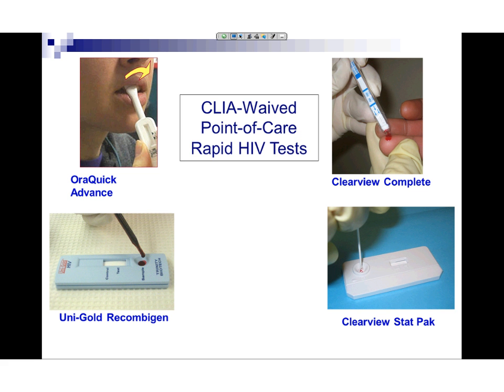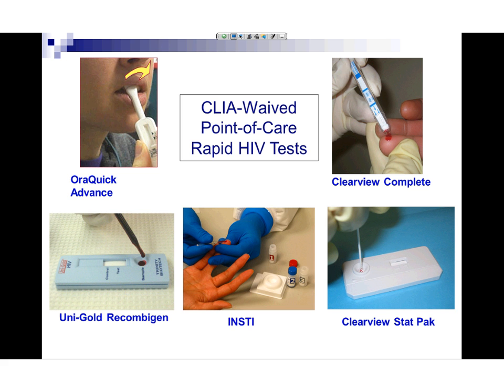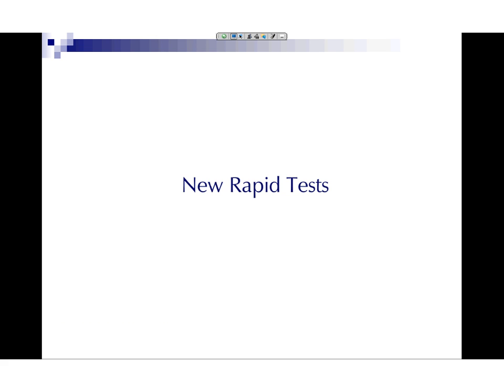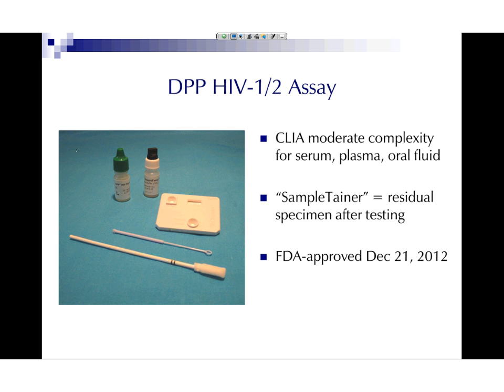The CLIA point-of-care rapid HIV tests, in particular the waived tests, the lateral flow tests, as well as the INSTI, the flow-through tests, all detect IgG antibodies, and so they're second-generation classes of tests. I did want to mention there are a couple of new rapid tests. They also detect IgG antibodies, but in case you weren't aware, the DPP, which stands for Dual Path Platform, was